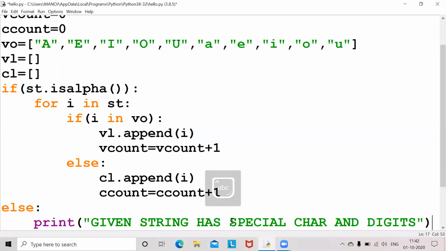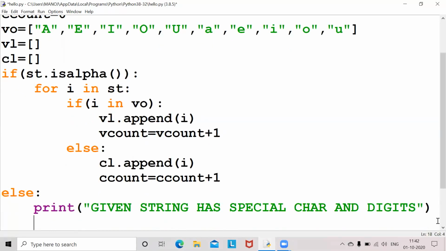If this if condition is not satisfied, then else will be executed, and the print statement will run: given string has special characters and digits. Here space also comes under special characters, based on ASCII values.